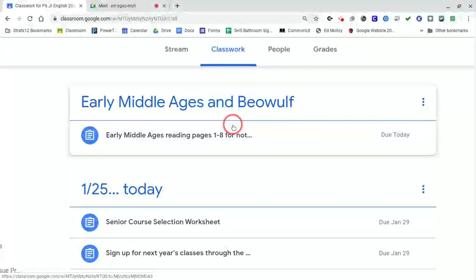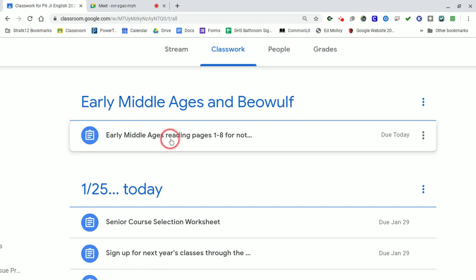Okay, I'm recording now. This is the assignment we're doing, the Early Middle Ages and Beowulf assignment. Early Middle Ages reading, pages 1 to 8 for notes. So if I open that up,